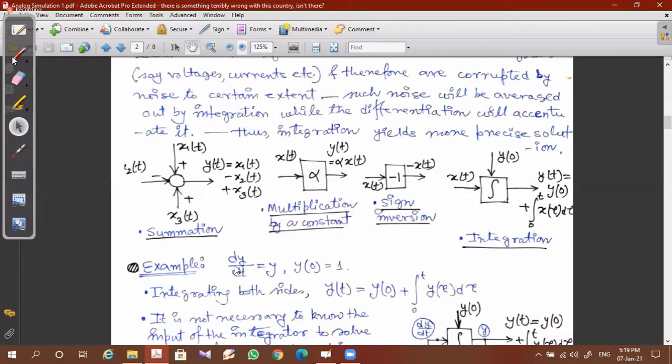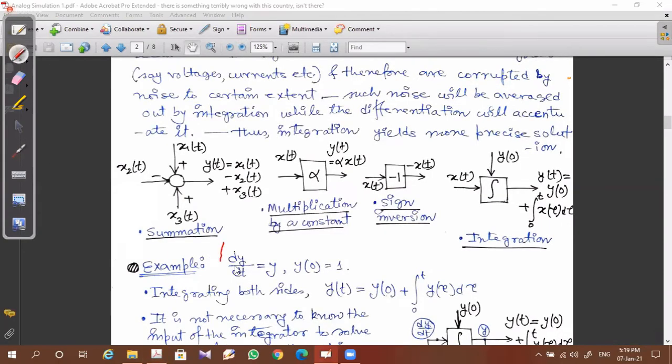Say we have a differential equation. This is a differential equation. We need to solve this differential equation, right? So what you can do, you can simply connect this integrator